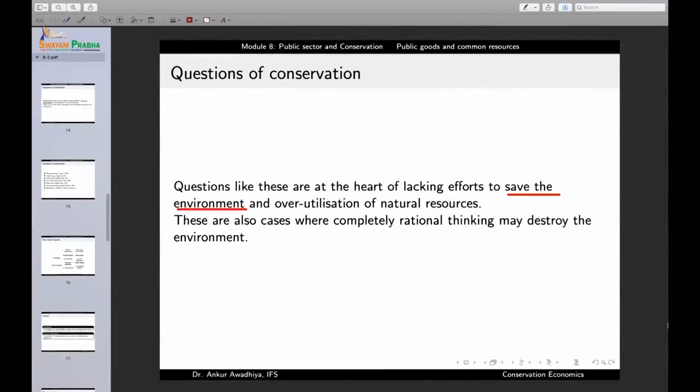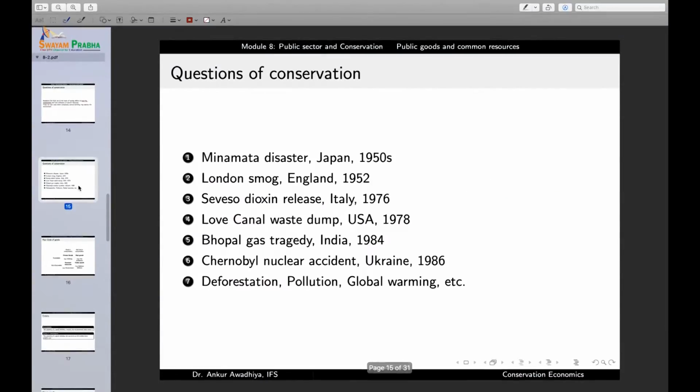So, which is why public goods and common resources are very important topics when we talk about conservation economics. These are cases where completely rational thinking destroys the environment. And we have observed a number of such cases,